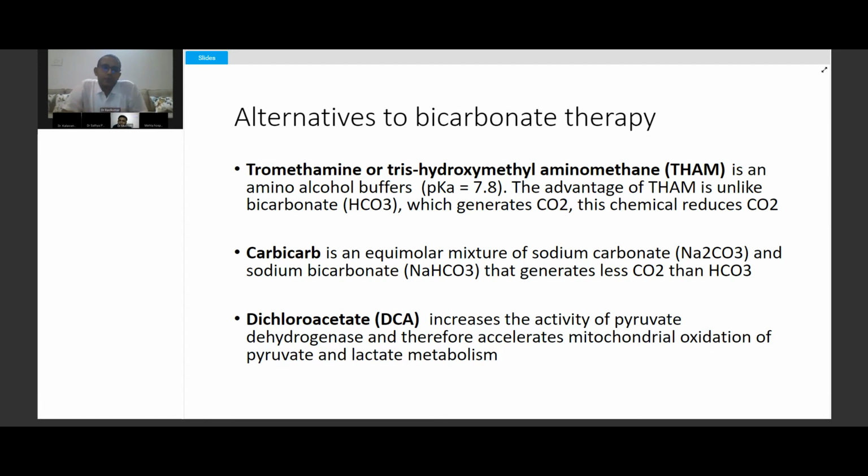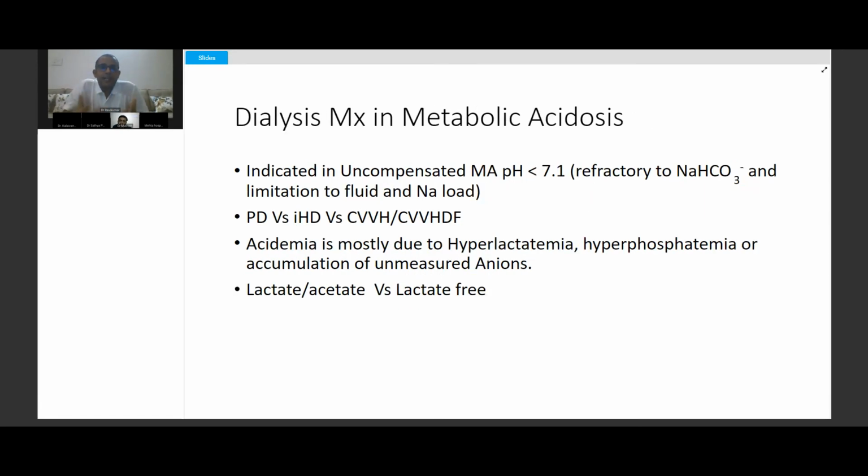The final question which most of us have in mind is dialysis in the management of metabolic acidosis. We all know when you have an uncompensated metabolic acidosis, there is a role. And what kind of renal replacement therapy to use? Definitely, PD may not be a good choice if you have hypoperfusion, because it cannot have a good perfusion so that good diffusion is going to happen, or it can increase your abdominal compartment pressure, thereby reducing the perfusion. Intermittent is a rapid procedure which we don't do in an unstable patient.